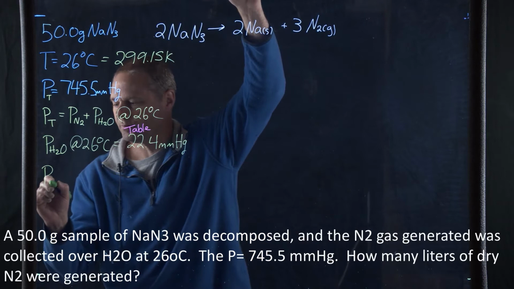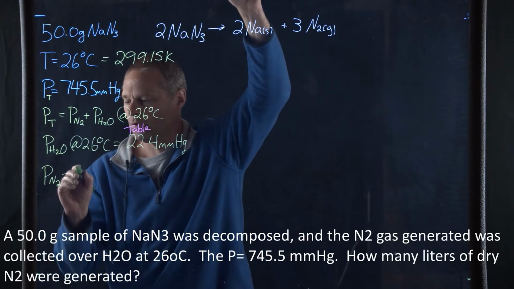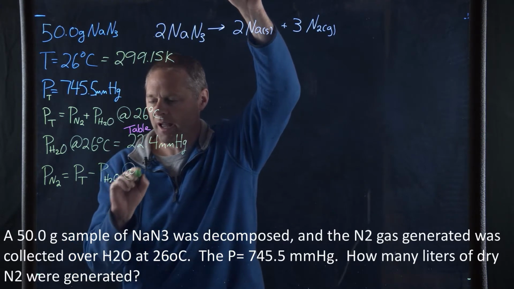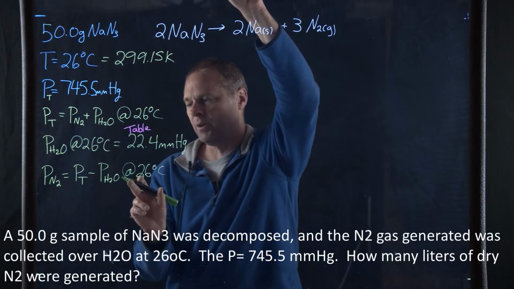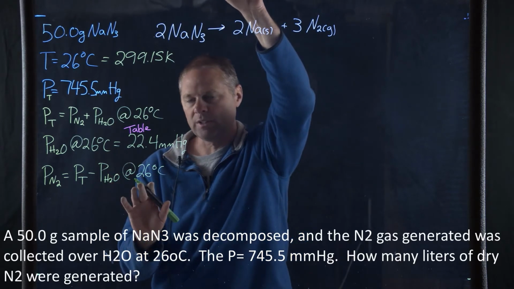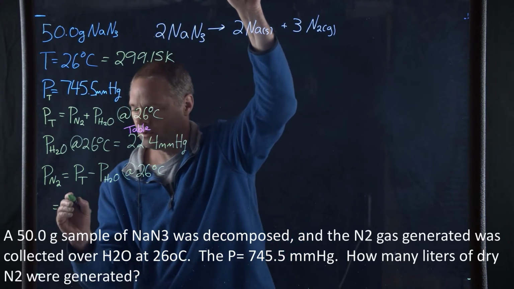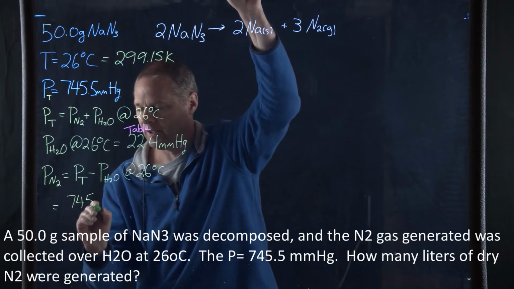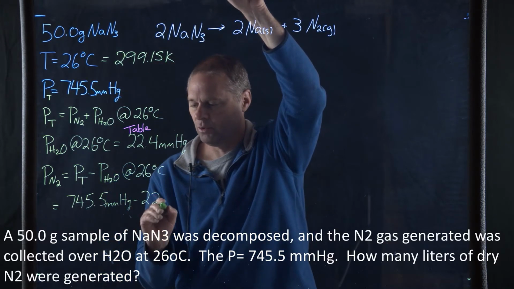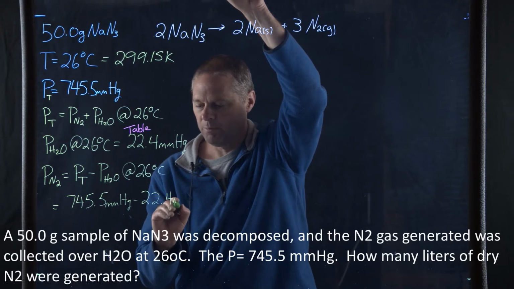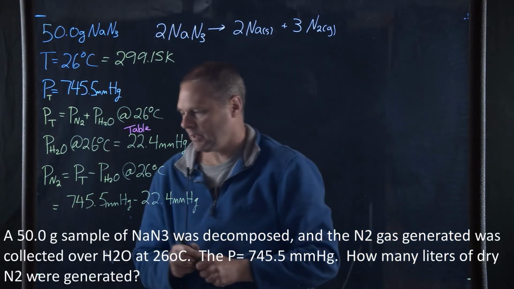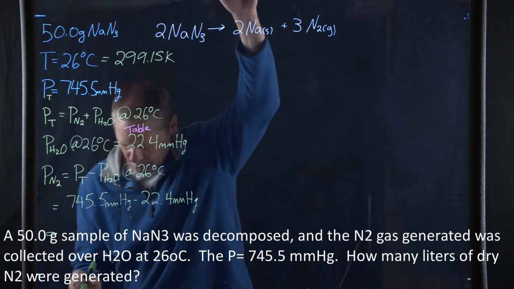Therefore, the pressure of the nitrogen is equal to the total pressure minus the pressure of the water at 26 degrees Celsius. Now, I don't typically always write 26 degrees Celsius. I'm just doing this because this pressure does change with the temperature. And this will be equal to 745.5 millimeters of mercury minus the 22.4 millimeters of mercury, giving us a pressure of